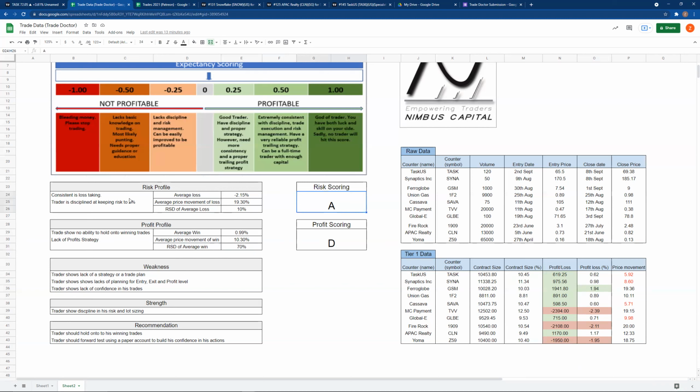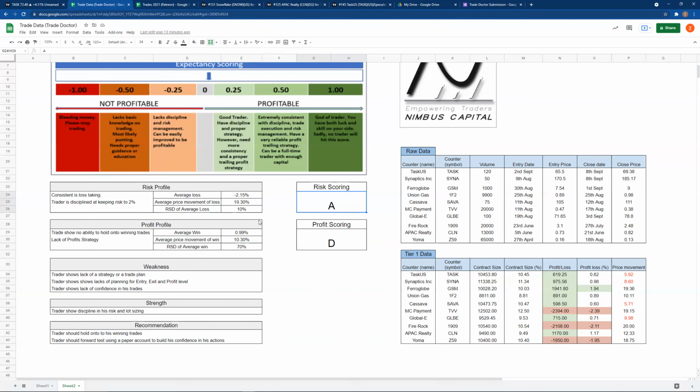Extremely consistent in taking his loss. And not only that, he is also very disciplined in keeping his risk to 2%. So this is the strength. And in fact, this is a very important strength, because he is able to get his act straight in his